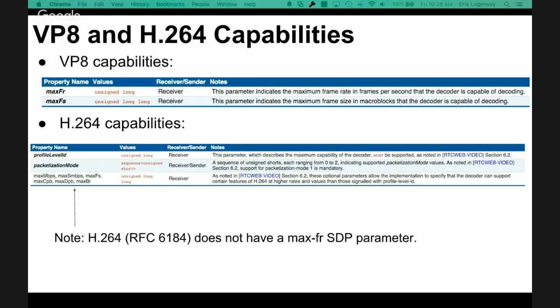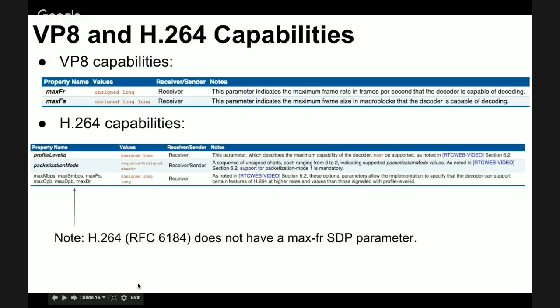So if the decoder has capabilities that it can do beyond what would be indicated in the profile ID, then those are indicated there, and those are also capabilities of the receiver only. Just one thing to note is that unlike VP8, H.264 does not have a MaxFR SDP parameter, and we'll talk about this a little bit more. It just has MaxFS, but not MaxFR.